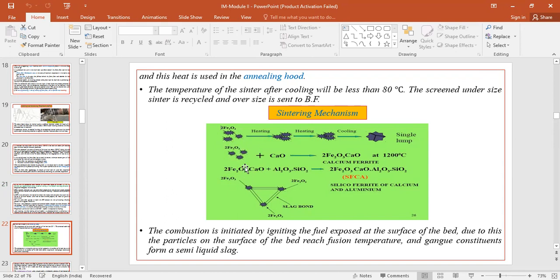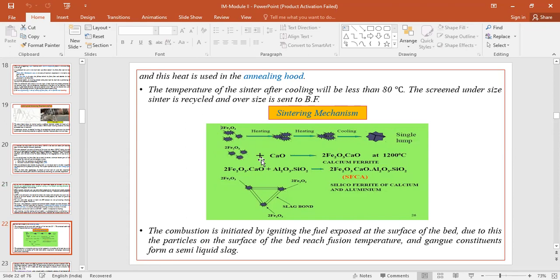So this entire mixture is subjected to the combustion process. The top layer of the sinter bed will undergo combustion when it is subjected to the ignition hood. Once the top layer gets ignited, then the fluxes that are present